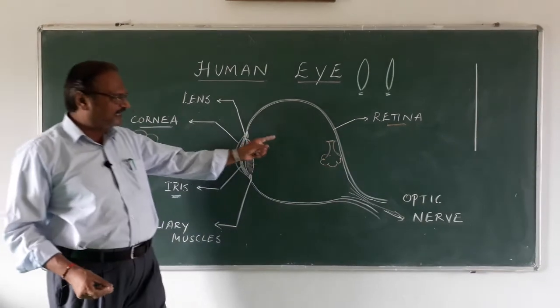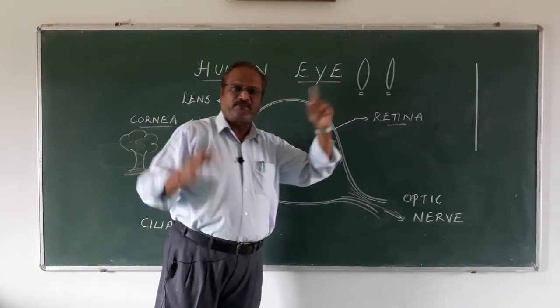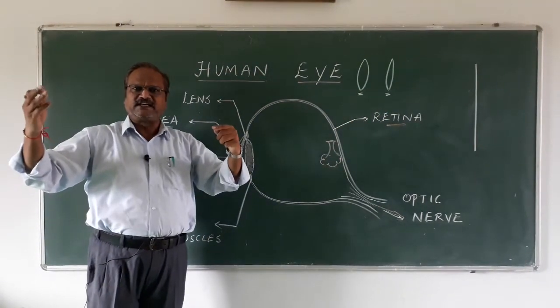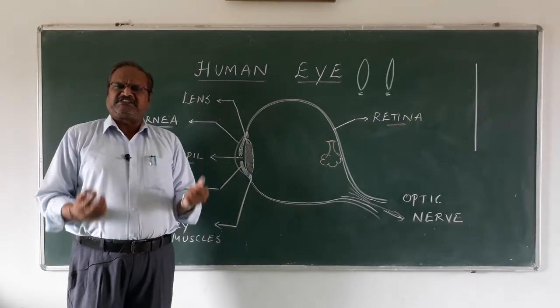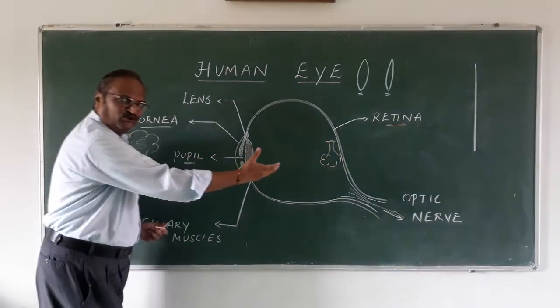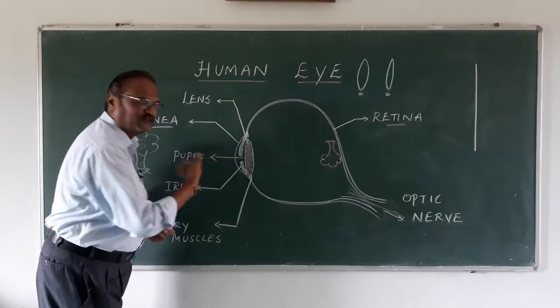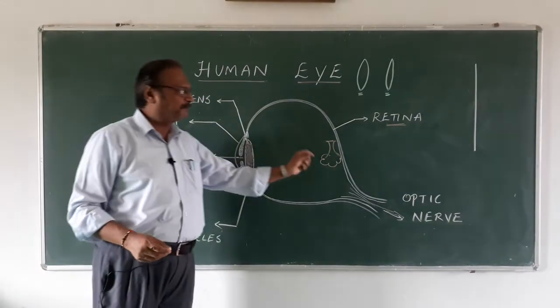So that work is done by the optic nerve, and the image is going to the brain, and the brain will get it inverted immediately. It will not even take a fraction of time. It is nanoseconds. Just you see the object and immediately you know what the object is. How much time? It is faster than the velocity of light. So that is what is going to happen.